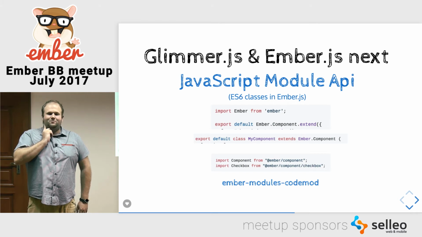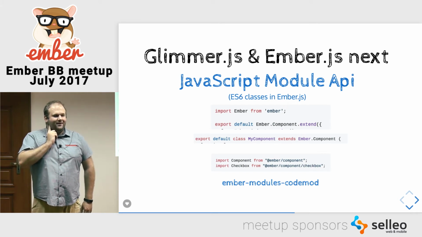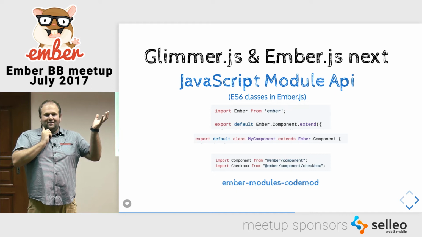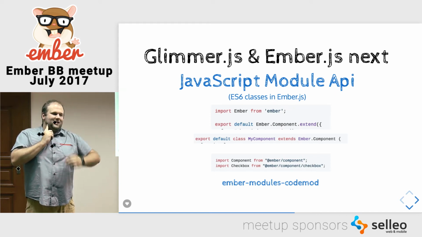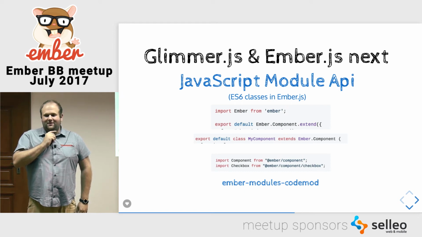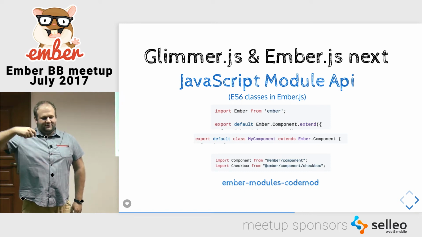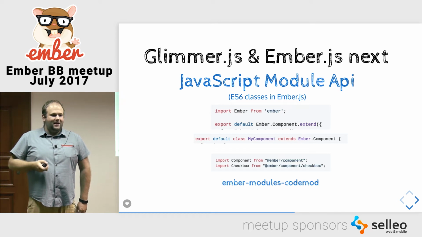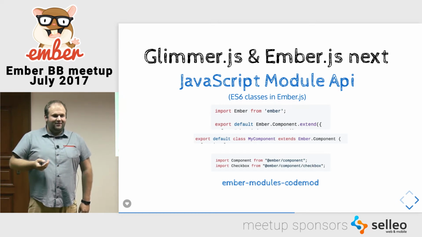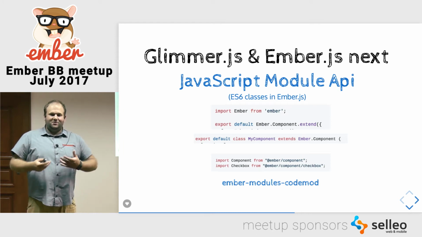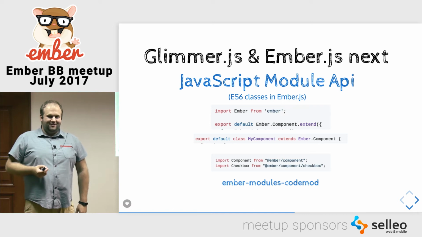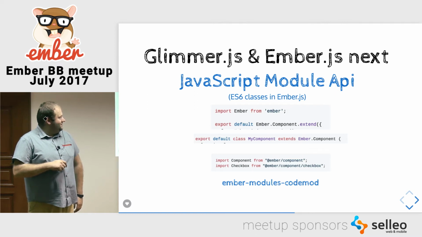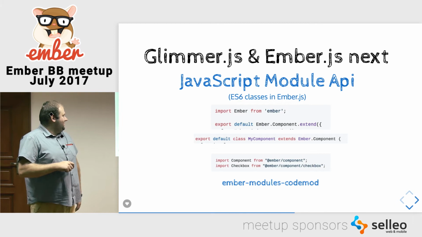The next thing that is a pretty big RFC is the JavaScript module API. In the past, Ember had its own Ember object, and everything was in the Ember object. That is stuff from the past, and there is a lot of work put into it so that we should be able to use ES6 classes or use TypeScript directly, because now, because of this Ember object, using TypeScript is not so feasible, I would say, in many cases. So it will help with one thing, that we would be able to define classes as ES6, which is now possible, but it's also